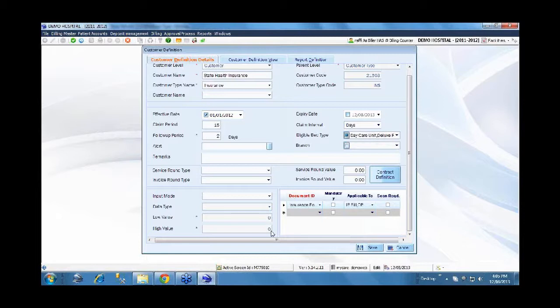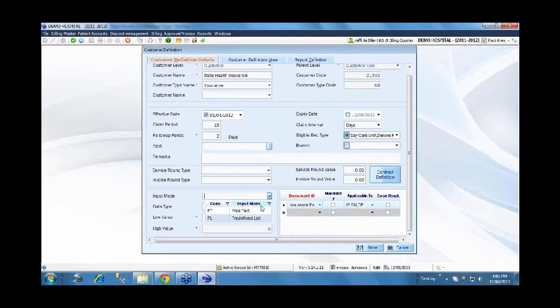While we are capturing the policy ID, we need to have some sort of validations to ensure that proper data is keyed in by the user. Those validations we can specify here, whether it's numeric or alphanumeric, what the length is, the range, all of those aspects you can specify here. That's the left bottom of what you have.